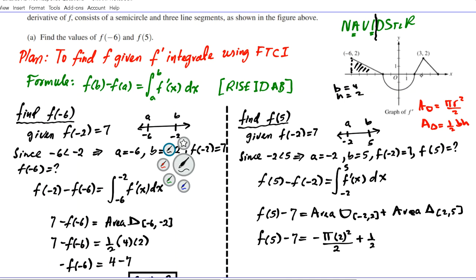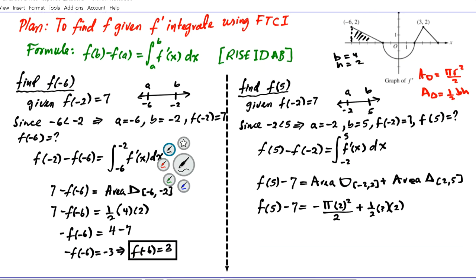The base is 1, 2, 3, and then the height is 2, like that. Let's go ahead and simplify that. We're going to have f of 5